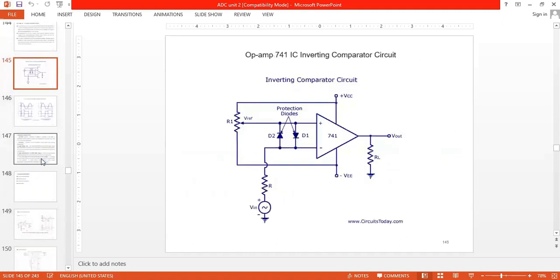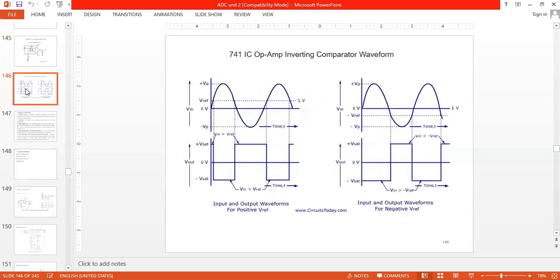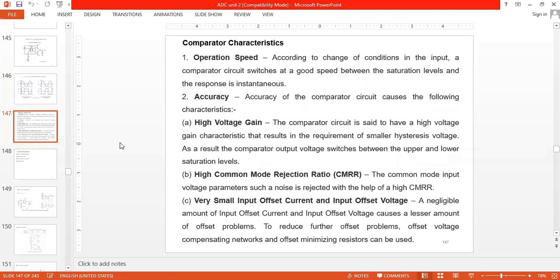Now the inverting comparator circuit. Here we give V input to the inverting terminal and the reference voltage to the positive terminal. So this is the circuit, the inverting model. From 0 to V reference, the output value will be 1, and after that the value will be 0. That is the reverse operation of the non-inverting comparator. So these are the characteristics that define